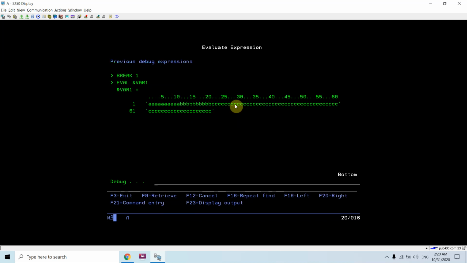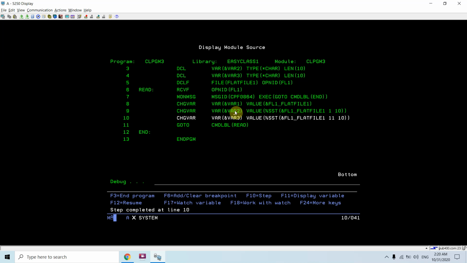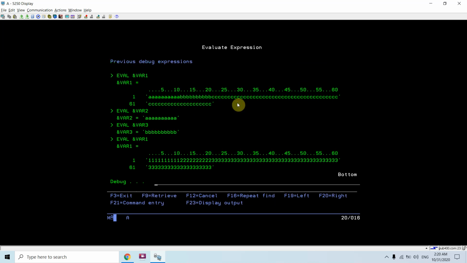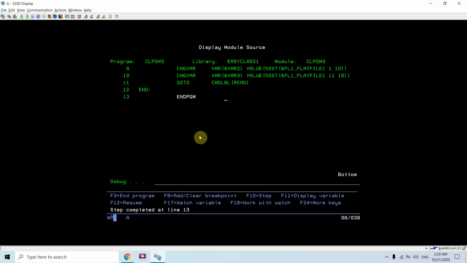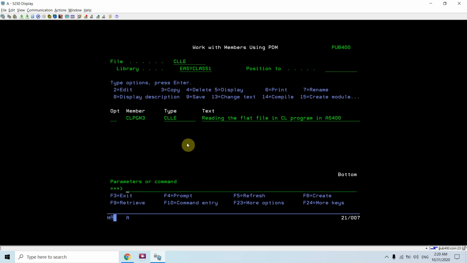Yes, the data is retrieved, and in VAR2 is this one, and again the data is this. We can see the records are read properly and extracted in variables. At last end of file reached and the program ended. So using this way we can read a flat file.